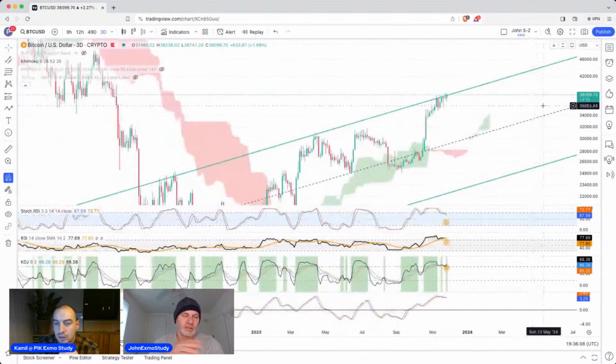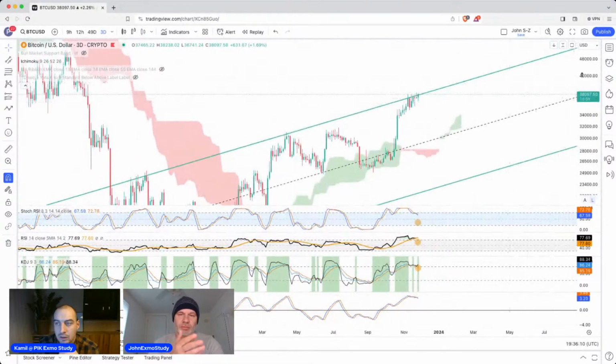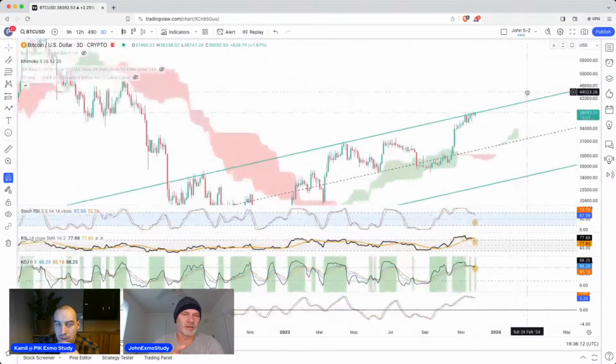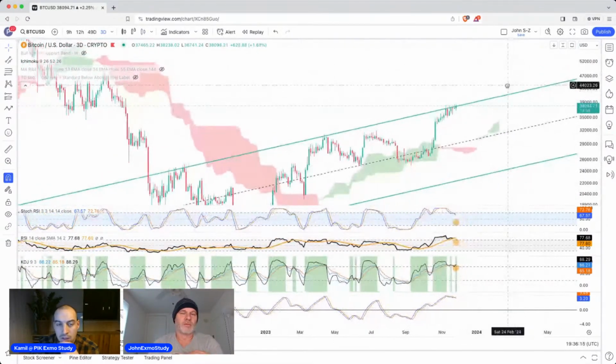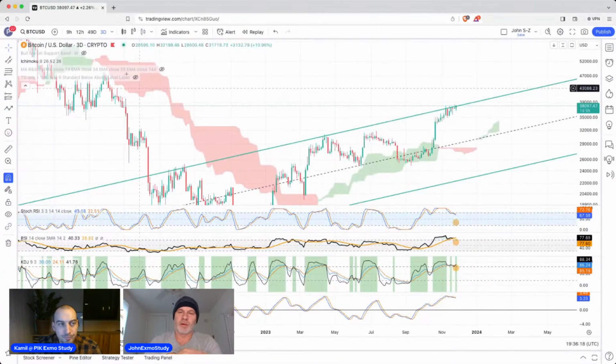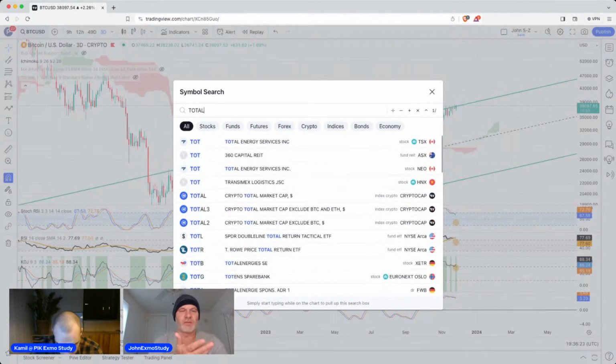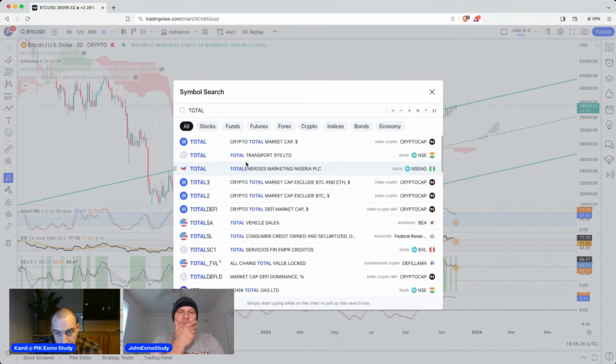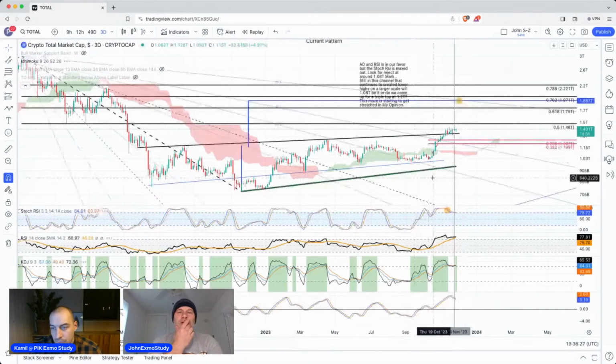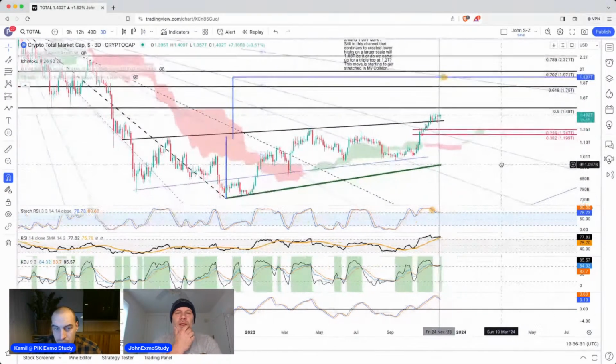And when you're looking at this, it's like looking at the total market cap too, because the total market cap is pretty much exactly the same setup. We're fighting at the very top at 1.4 trillion. If we reject there, we probably will come back down another 30%, or another 15, 20%. So in the same sense,